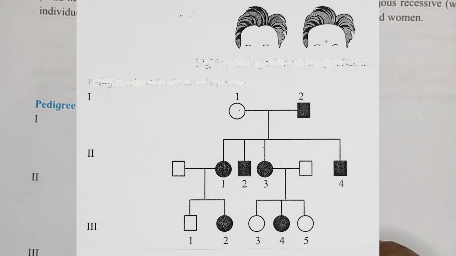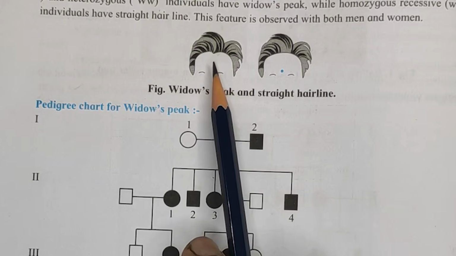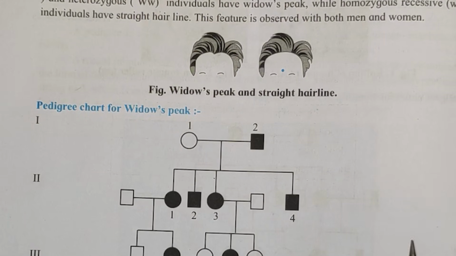So in exam time, two pictures will be there and this chart will be there. You have to identify this pedigree chart and then comment on it. How will you identify? You'll write that it is a pedigree chart for the widow's peak. You'll get half a mark. Then you have to write regarding the inheritance of this trait. We'll mention here it is an autosomal dominant trait. Dominant because the widow's peak is a dominant one. That's why it is an autosomal dominant trait, and it is inherited both in the male as well as in the female. This is the first comment.